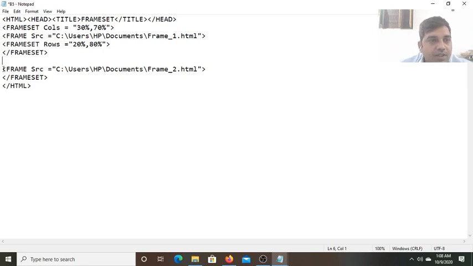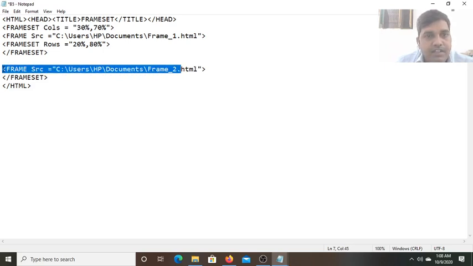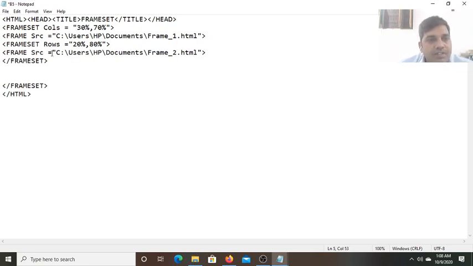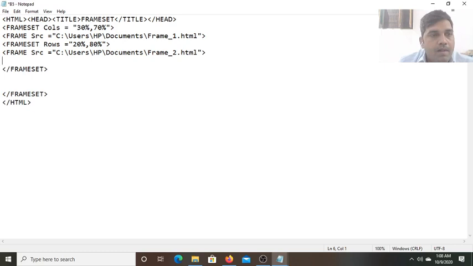So let me cut and paste. So this we are going to represent this file. So in the first horizontal frame, this will be represented, this frame2.html. After that another also we can write.